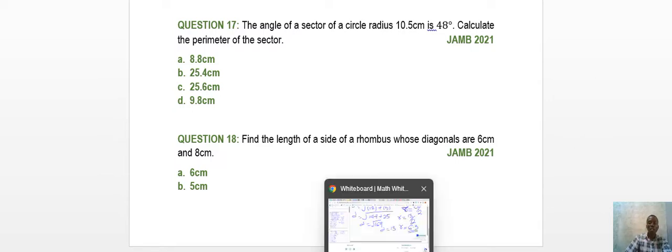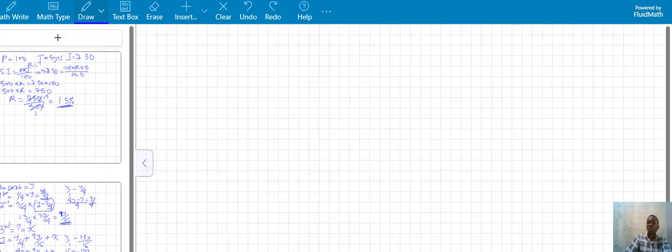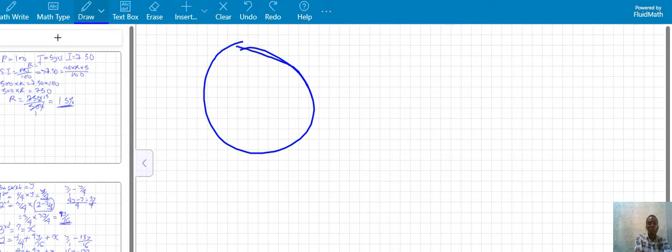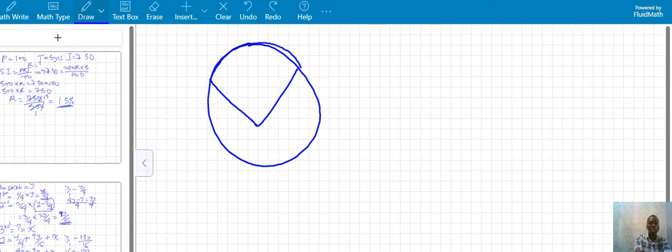And you know that the sector of a circle is just a part that is bounded by an angle and an arc. So let's consider this to be a circle. If we cut a part out of this circle, let's consider this to be an angle. I will cut this part, from here to here. This part is the sector of this whole circle. And remember, we are told that here is 48 degrees. What else were we given? We are given our radius to be